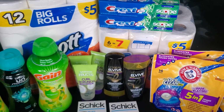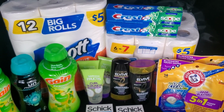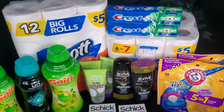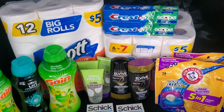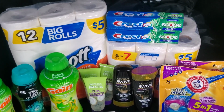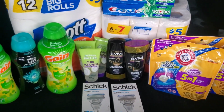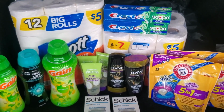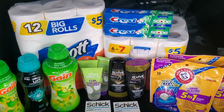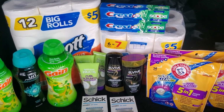I mean, my first transaction, you guys, if that would have worked, that would have been banging. But I might have to use paper coupons, but I know a lot of people don't use paper coupons, especially at Walgreens, because they're a little bit stricter. I wouldn't even say stricter, but it's just harder, especially if you have digitals. I haven't used a lot of paper coupons at Walgreens lately, but back in the day, meaning just a couple of months ago, if you clip digitals and you try to use paper coupons,